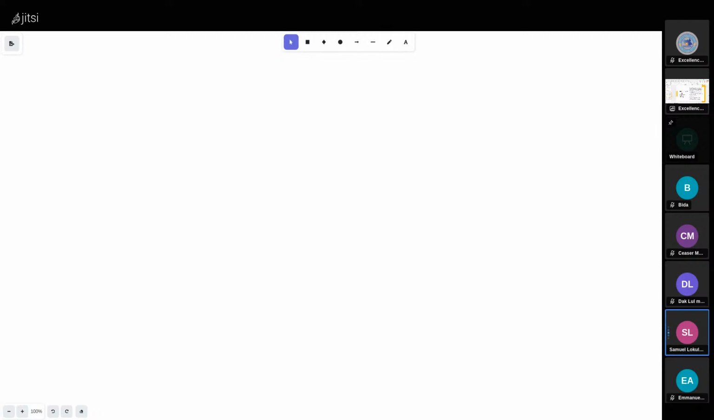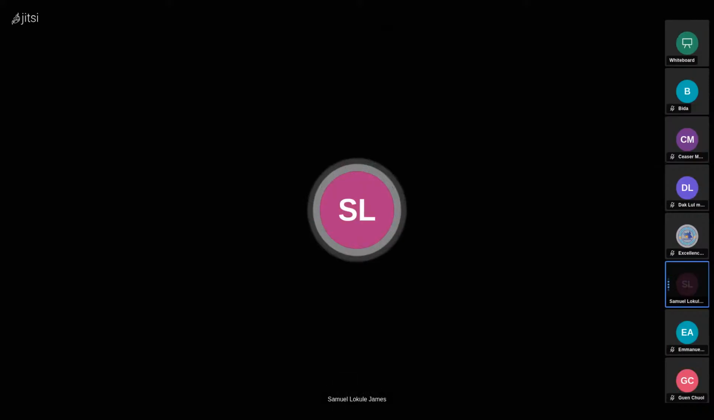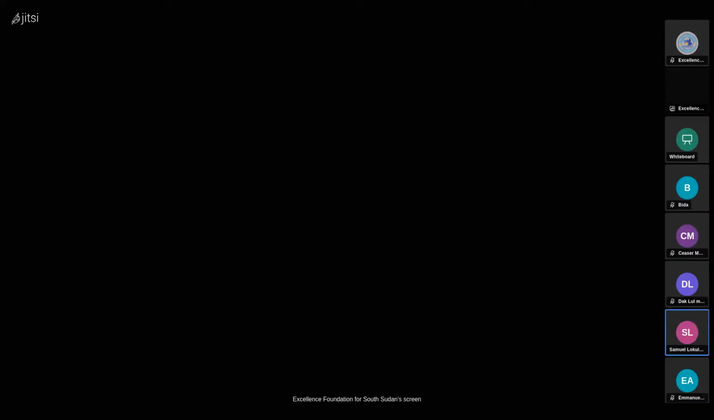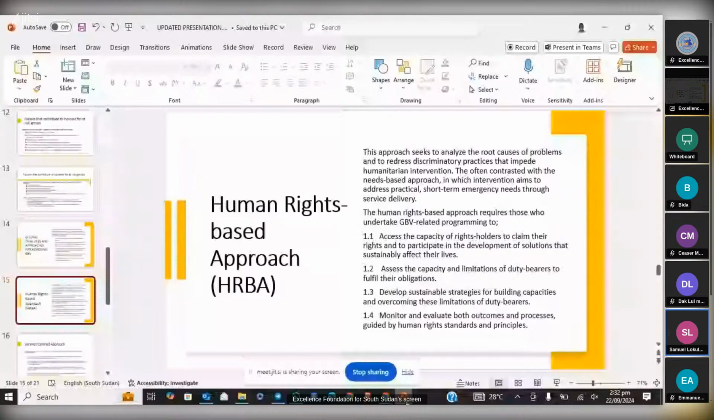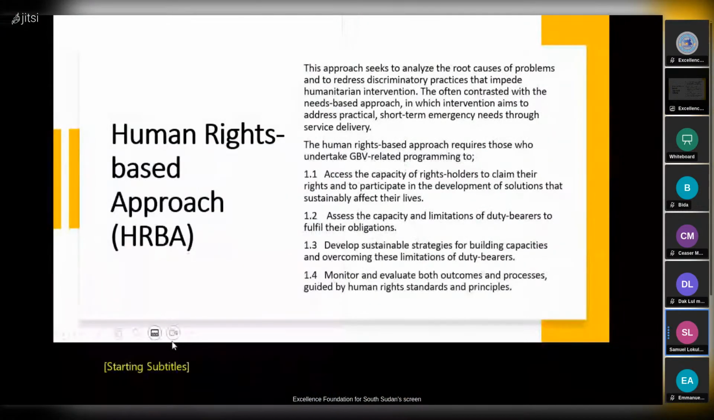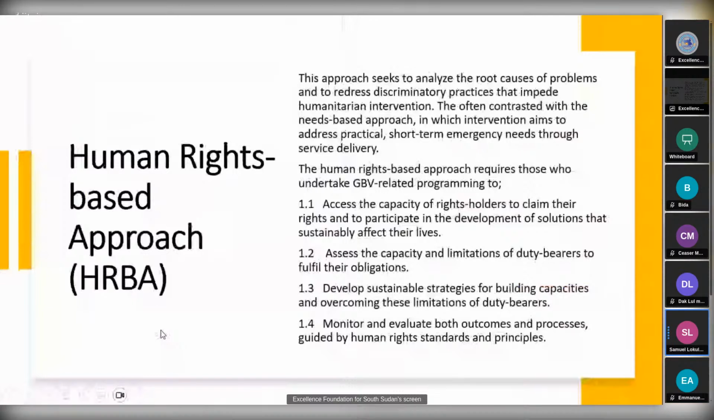Analyze the root causes of problems and readdress discriminatory practices that impart humanitarian interventions, often constructed with the need-based approach, in which interventions aim to address practical short-term emergency needs through service